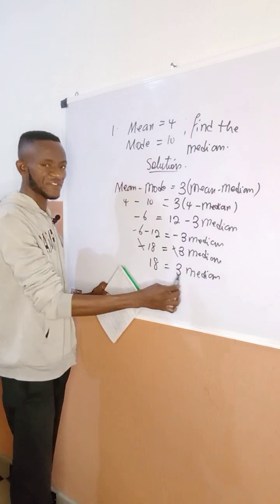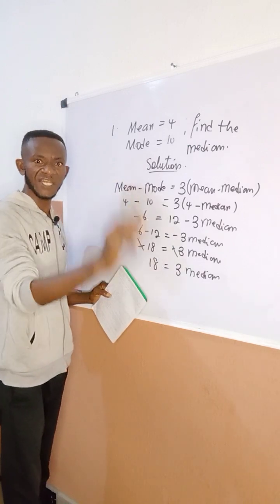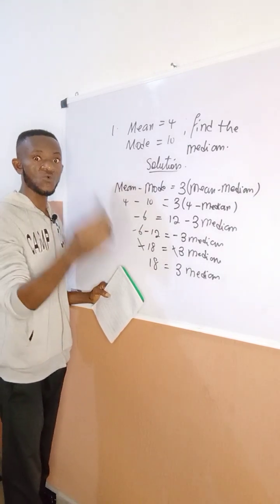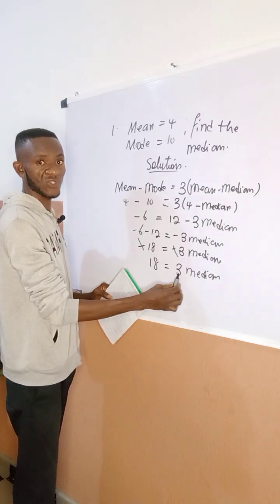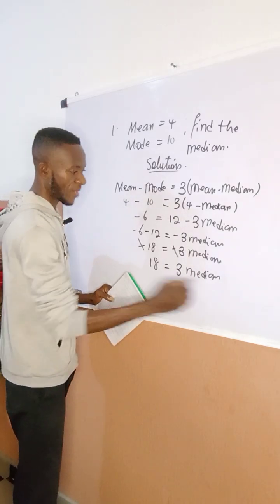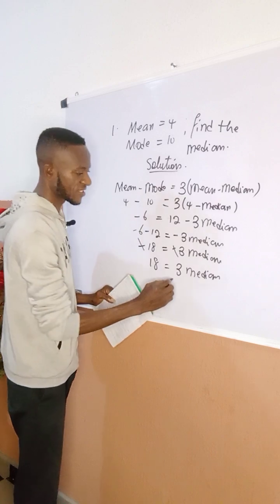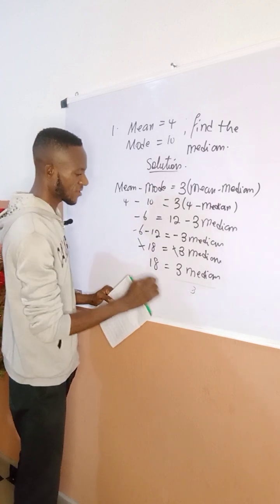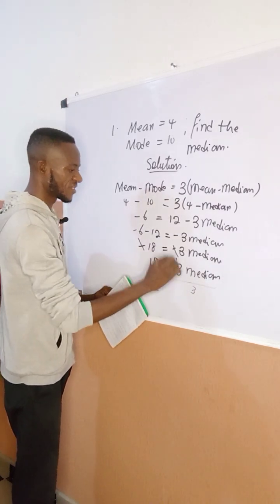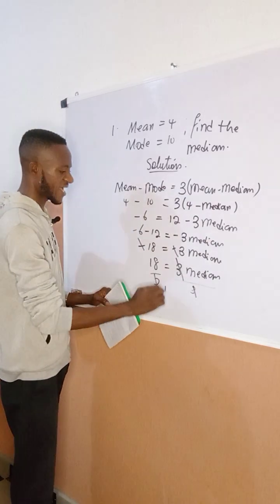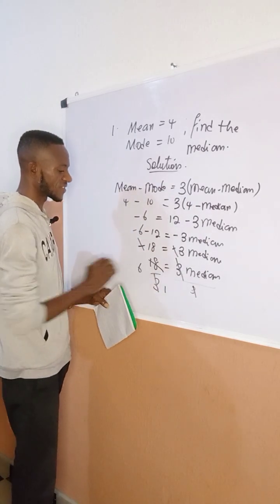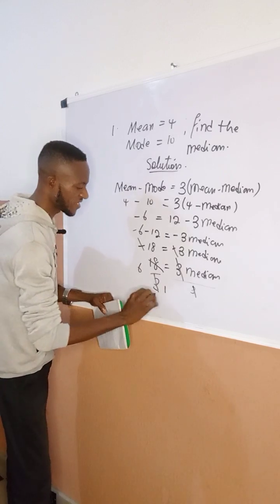A coefficient is a number that stands before a letter, or before a word. This is the word median. The coefficient here is 3, the number standing before the median. So I'm going to divide both sides by that coefficient. We have all over 3, all over 3. So this 3 will cancel this 3, and I'm left with median alone. 3 here is 1. 3 here is 6. So therefore, median